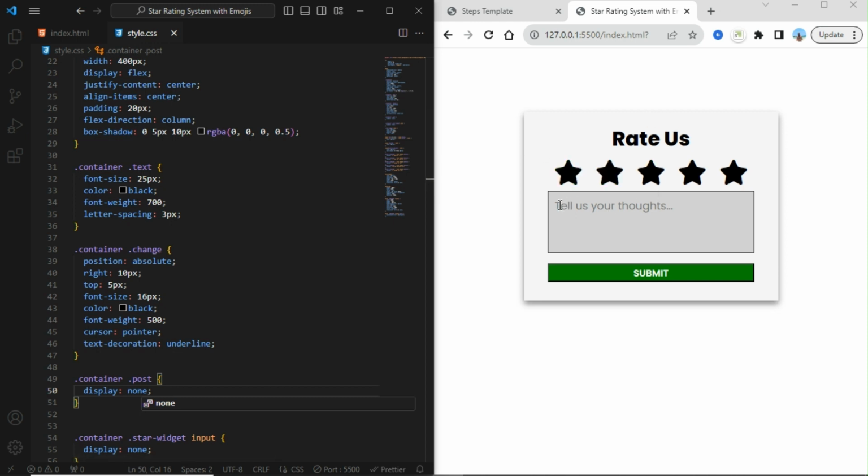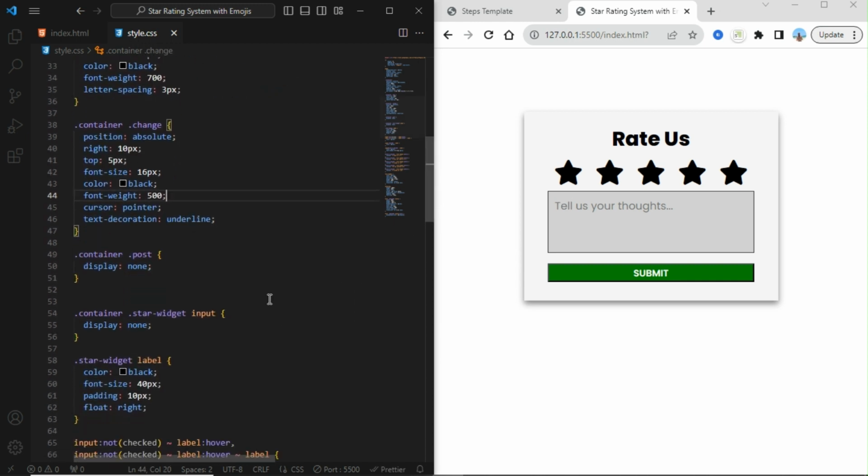But it will just appear when we add the JavaScript functionality. So okay, now